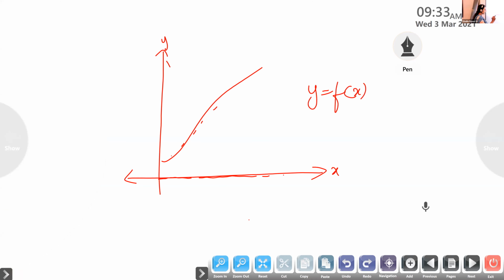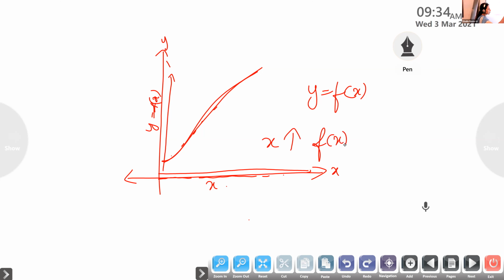So here x values we will take, and here we take y is equal to f of x. Now, if the graph is like this, as the value of x is increasing, look at the value of y. This is also increasing. Here as x increases, I put the arrow mark here. As x increases, f of x is also increasing. Then in such case, we call this an increasing function.